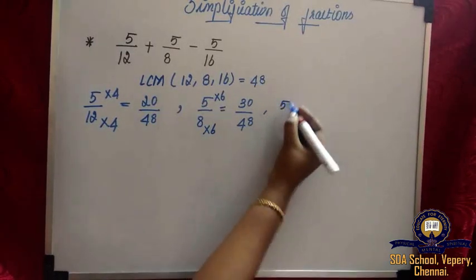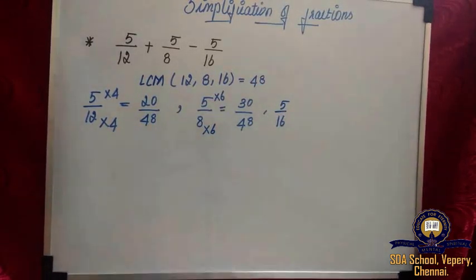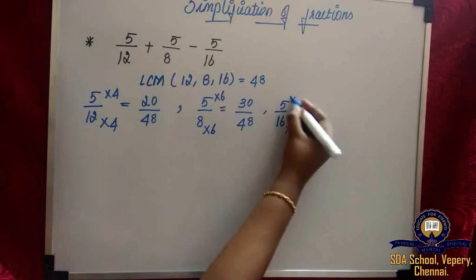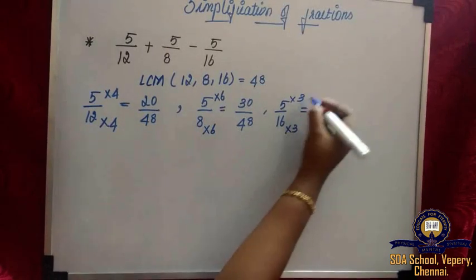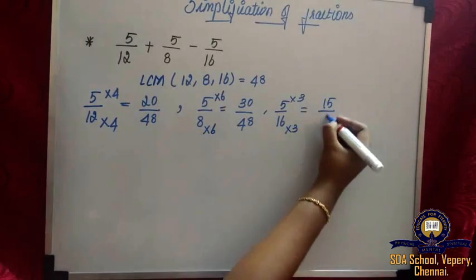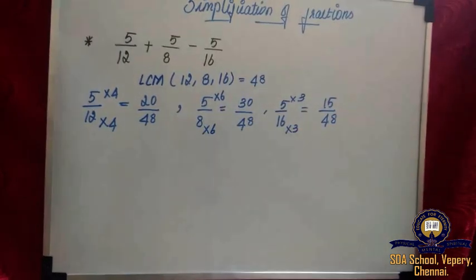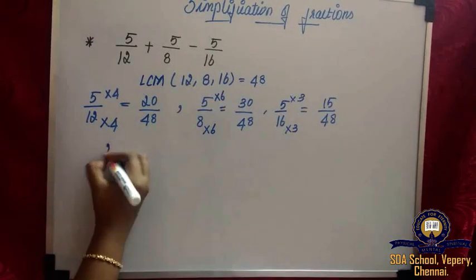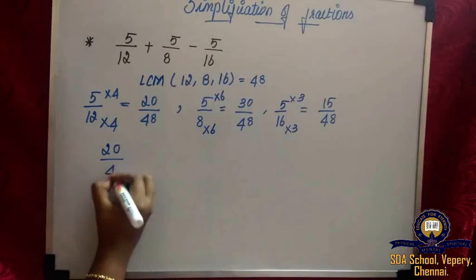Next is 5 by 16. 48 divided by 16 is equal to 3. So we need to multiply the numerator and denominator by 3. 5 3s are 15. 16 3s are 48. So now we have obtained the like fraction for the unlike fraction. So the first one is 20 by 48